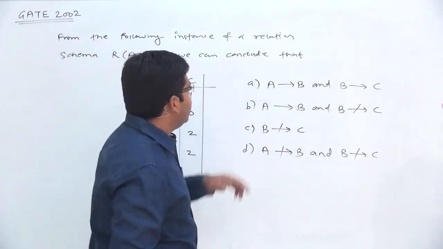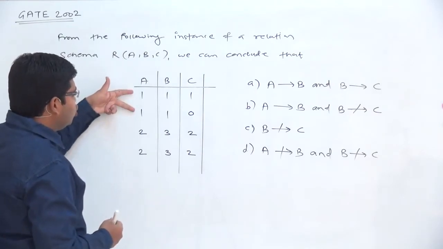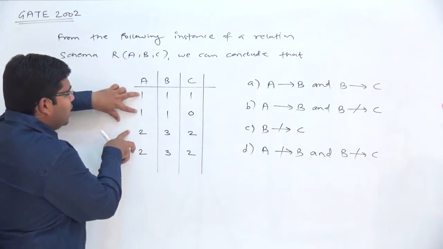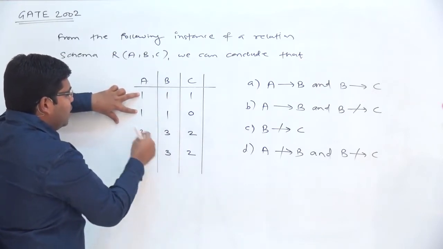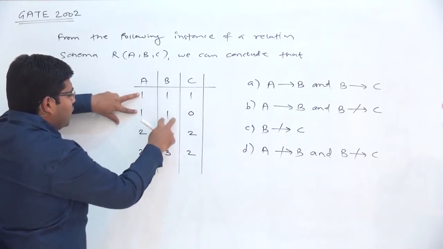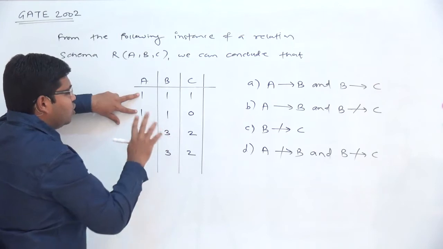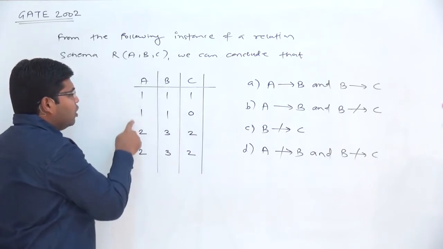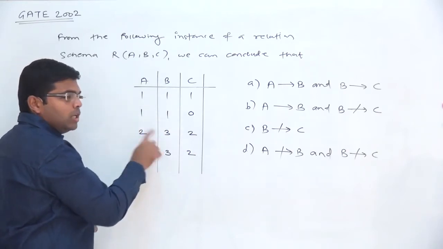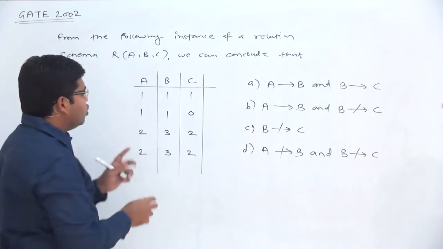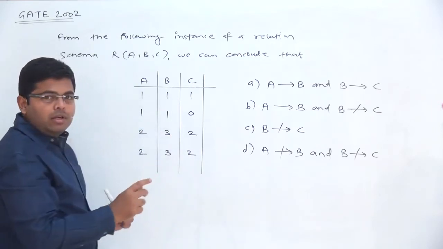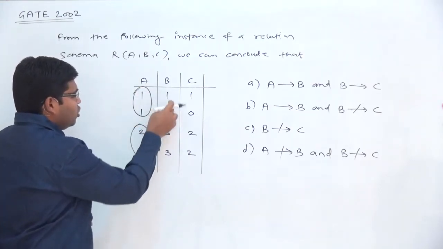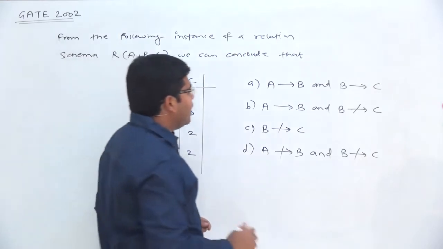A gives the value of B. We will check. There are 2 agreements on the left hand side, that is A, and whenever there is an agreement on A, there is also an agreement on B. So for example, when A equal to 1, B equal to 1, and when A equal to 2, B is equal to 3. So what we mean to say here is that from A you can uniquely determine the value of B. Like when A equal to 1, B equal to 1, when A equal to 2, B equal to 3. So you need to note down 2 things. From A you can uniquely determine the value of B, number 1, and number 2, whenever there is an agreement on the left hand side, there is also a corresponding agreement on the right hand side,